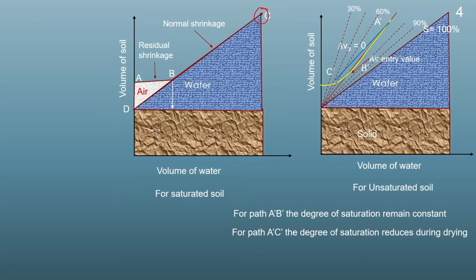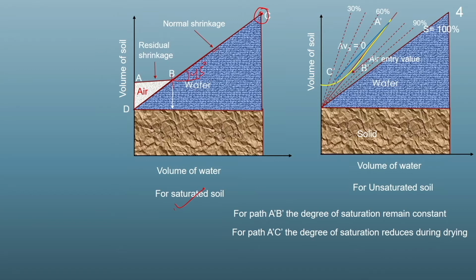We took a soil sample, the soil is fully saturated, and at point C the initial water content can be like the liquid limit, or maybe the in situ water content, or maybe the compaction water content. But since it's saturated soil, the soil is at a higher water content, maybe a liquid limit or slurry state. So when we dry the soil sample, there will be a decrease in the volume of the soil, and this decrease in the volume of the soil will be equal to the decrease in the volume of the water of the soil. So we will get a line which will be sloping at an angle of 45 degrees,